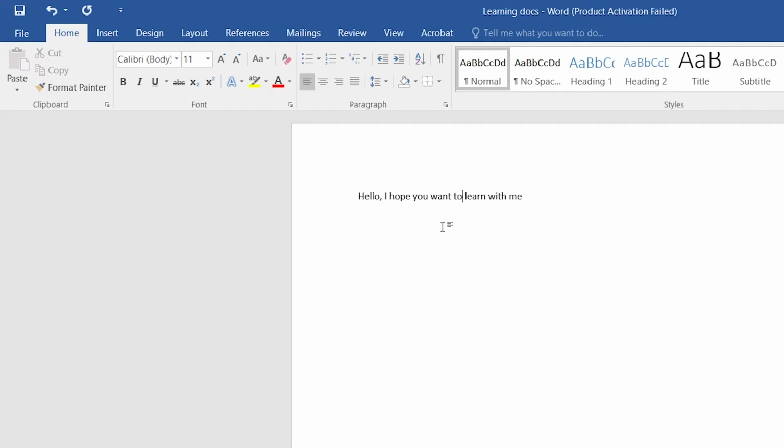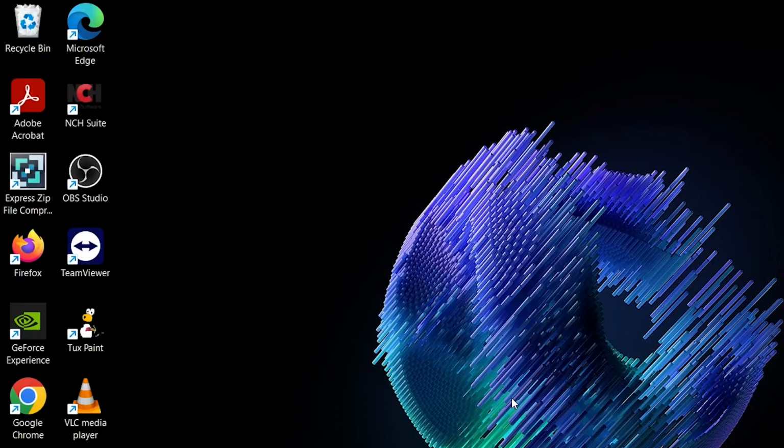So now that we have saved it, if I click on close now, it will not prompt me to save because it is updated already, except if I type something else on the screen that was not typed before. So I click on close and then it's closed. All right, now I want to